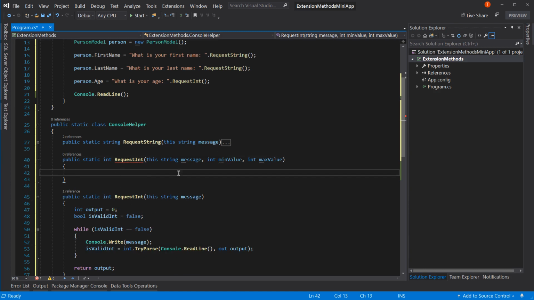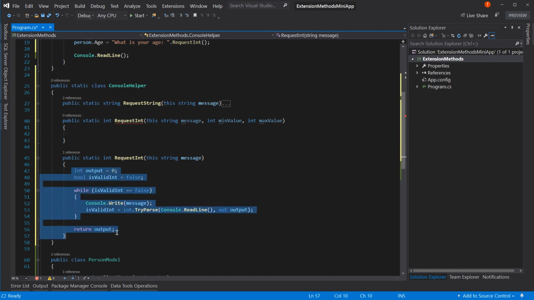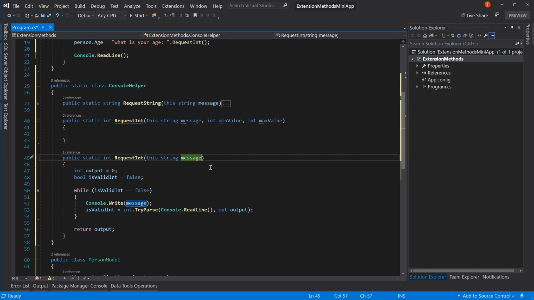Now we don't want to repeat our code here. And usually what we do is we put this code into the more complex parameter set, the more full parameter set, and then we pass in default values when you call the simpler one. The problem is that passing in default values, it's going to be hard to do that right. What we probably end up doing is passing in the same min and max value and then saying, hey, if those two are the same, then ignore them. But that seems kludgy. So what we're going to do is we're going to make use of our private